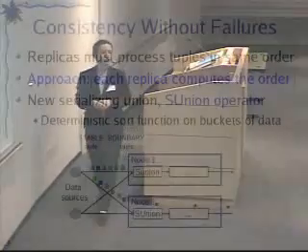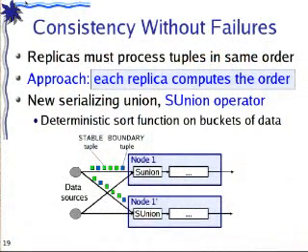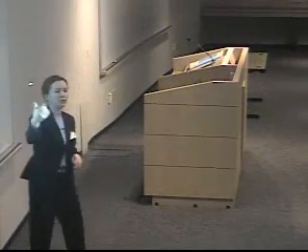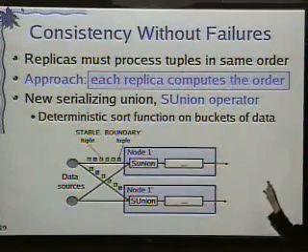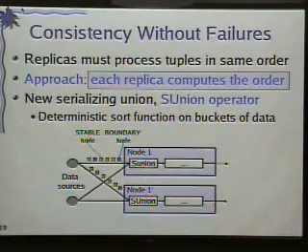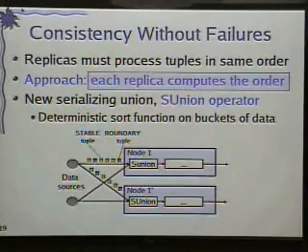Yes? So I see how that gives me order on each of those channels, but the important feature here is that I have to order the two channels as I'm merging them, right? Correct. So on one stream, the order is always preserved because we communicate over TCP, so we don't reorder tuples. If we have multiple input streams, then those input streams are going to have boundary tuples. So we can then use the values in these boundaries to define buckets and basically merge both streams into one bucket and apply a sort on this bucket.